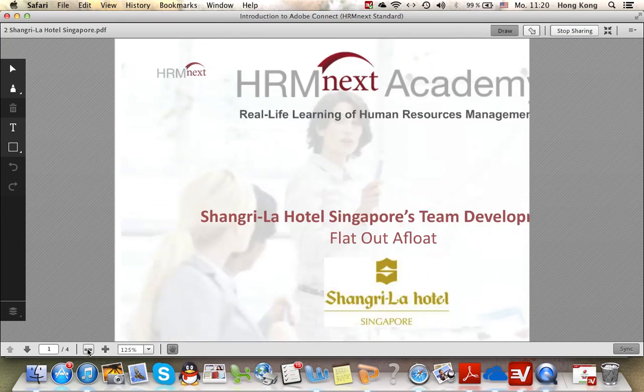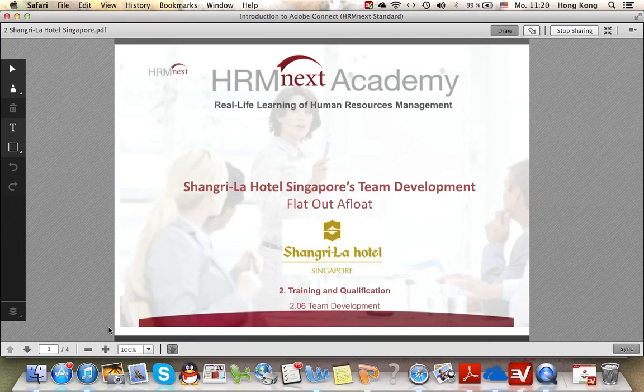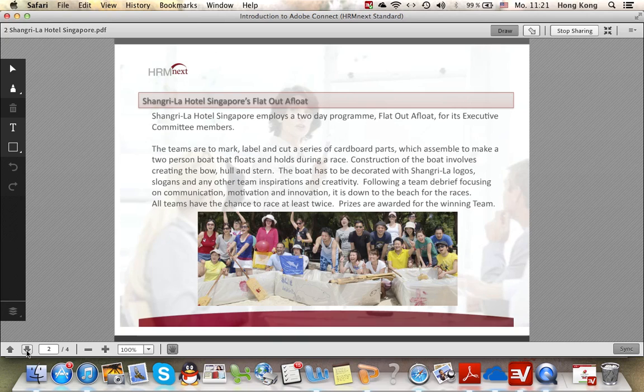So the idea of Shangri-La is to use the nice location they have there in Singapore. So what they do is they go with their team on the beach, and they let the team build and also decorate boats. These boats are made of paper and plastic, and with these self-made boats, they will do races on the water. Certainly, you can imagine that these boats sooner or later break, so everybody lands in the water,